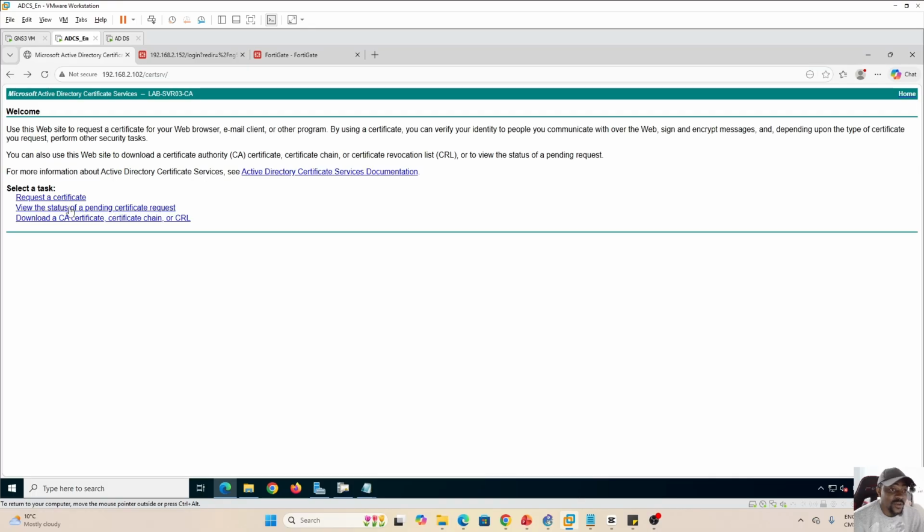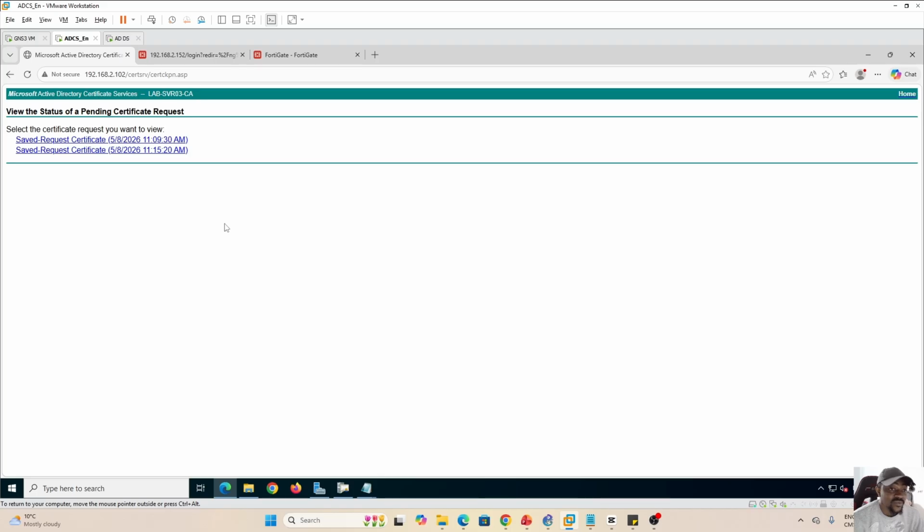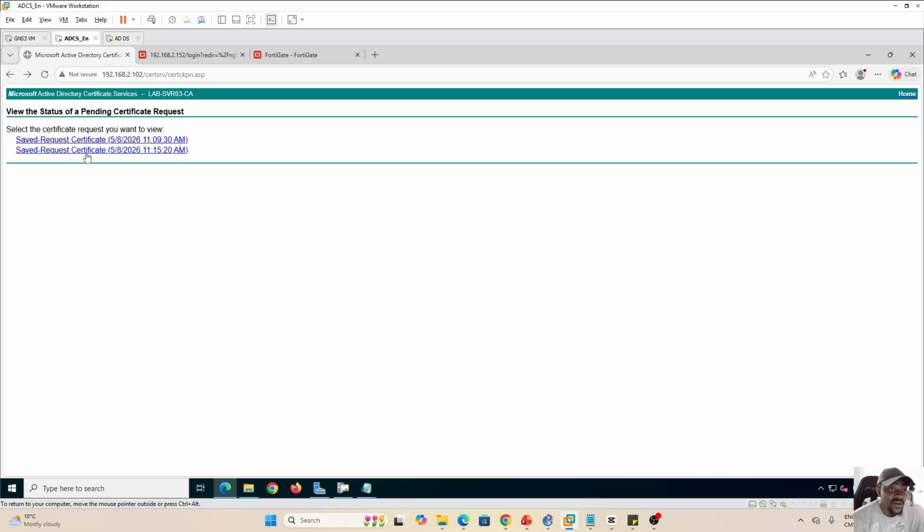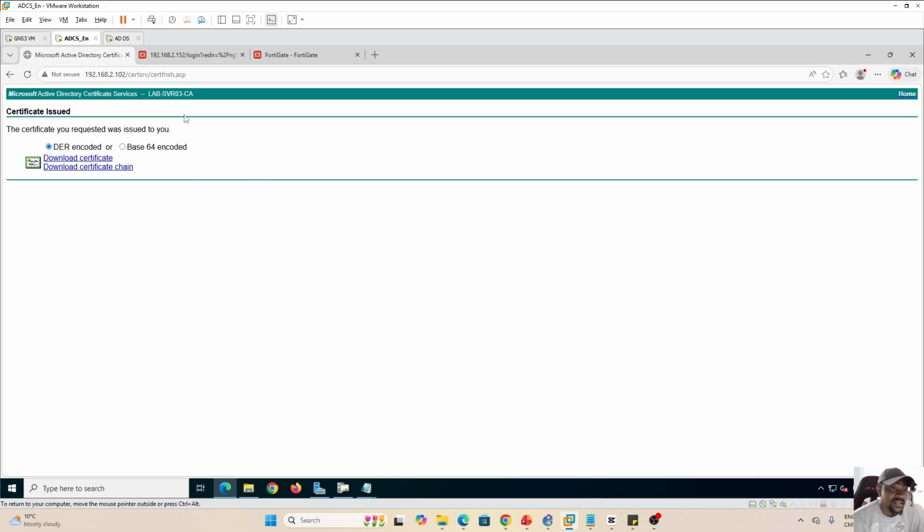Then from here, the second option that you have is to view the status of a pending certificate request. So I can hit from here. I'll see this one. This one was the certificate that was denied. I have this other one below, and here it is a certificate that was accepted or issued by our CA. So from here now, what I can do is download the certificate either in the DER